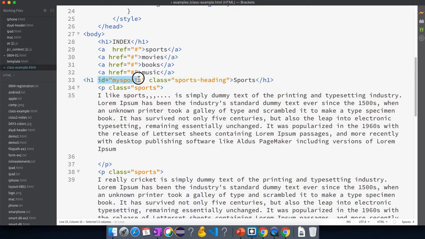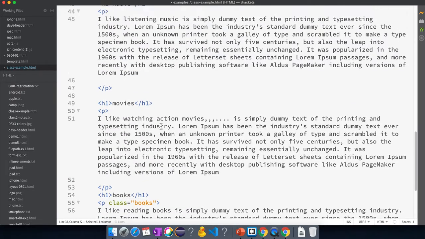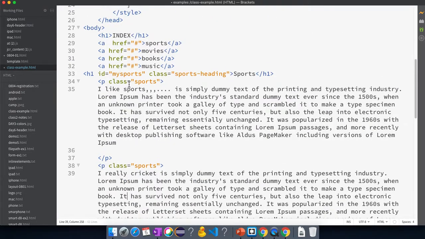You cannot copy paste this ID, but a class can be used n number of times. See here, I am using class equal to sports, class equal to sports. You can use it n number of times, but if you are creating an ID, it should be unique. We cannot use the same name in a different place.